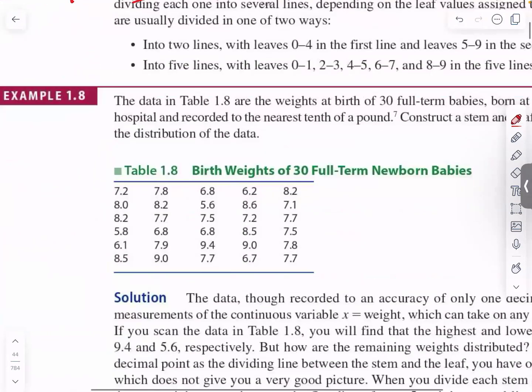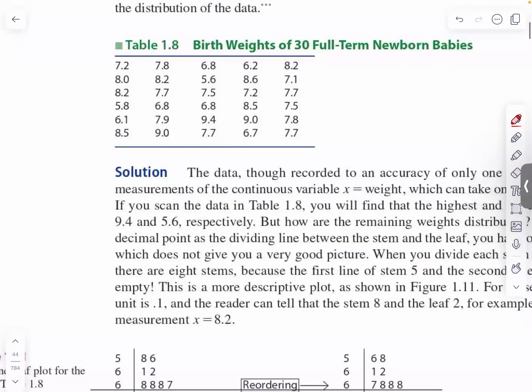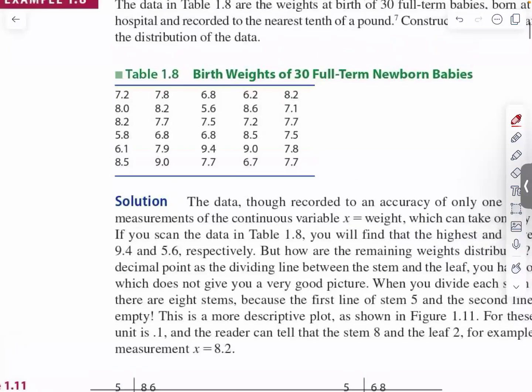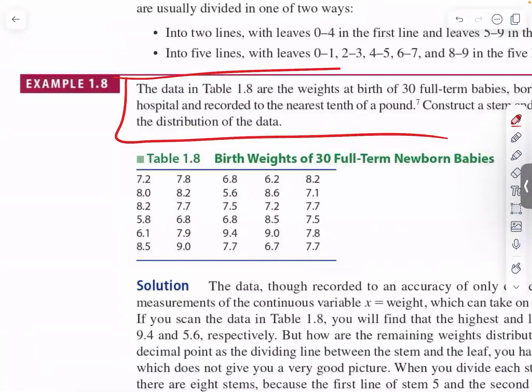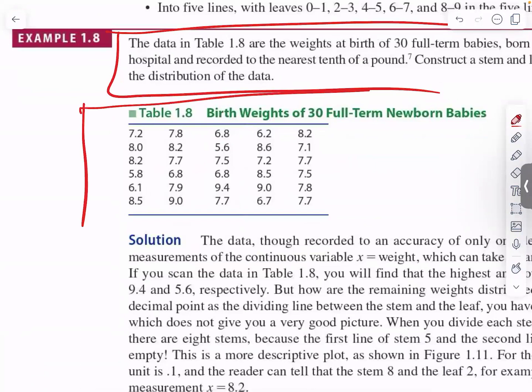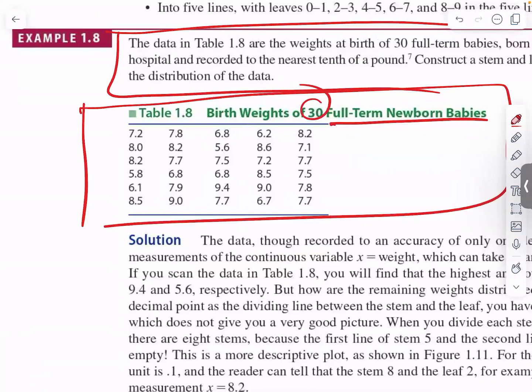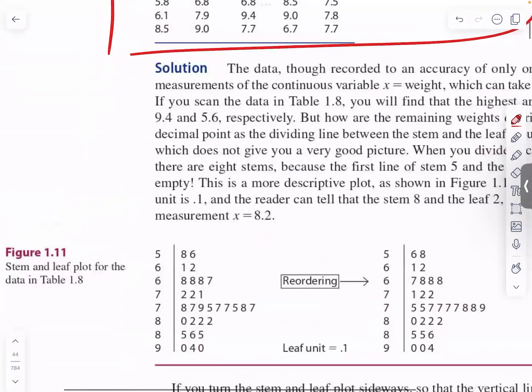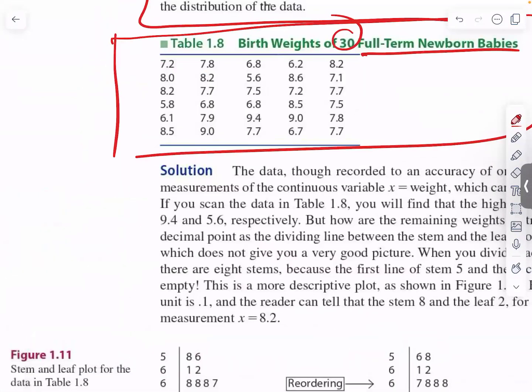Let's see another one. This is another option. Now, I'm not going to read this table for you. I'm going to look at this table. Birth weight of 30 full-term newborn babies. Okay, so now you look for the smallest. That's the first thing you look. You can write the program to do that. Look for the smallest. 5 point something, 5.6, and the largest is